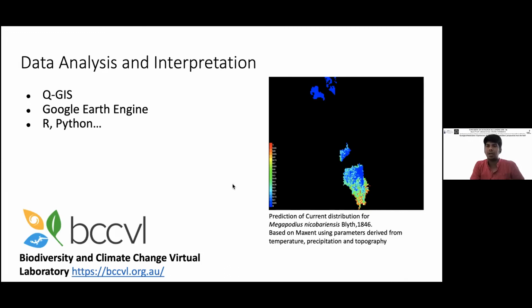So it's extremely powerful. You can have a look at this to help you with different kinds of species distribution, and especially for invasive species, this becomes an extremely powerful platform where you can model the distribution of invasive species for large landscapes.